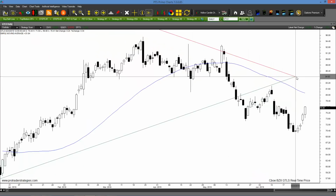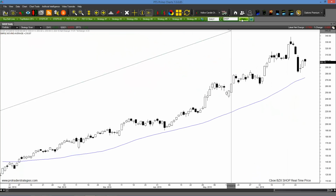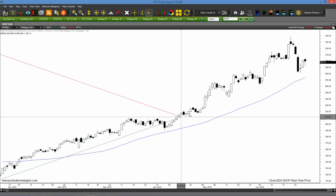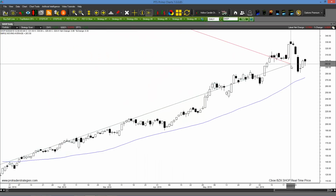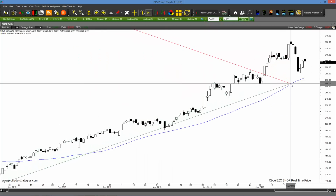All right, someone is asking me to look at SHOP. Okay, SHOP, let me look at that. All right, this is a really nice, well-extended move. Right here is not where you really want to use this because it's not that far above. But right here, when we really start to see this almost straight upward move, is where you want to apply this. Let's apply it right here at this last high that was made